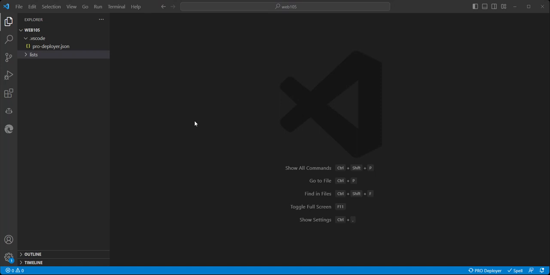I'm going to create a new folder in Visual Studio Code. So I've created a Web 105 folder on my desktop, and here I can add a new folder to it. I don't want to have it in here in lists. I'm just going to select this whole area here, and then I'm going to hit plus, and type in practice. This won't be a normal web page because I'm not having an index page here. I'm going to name my first page